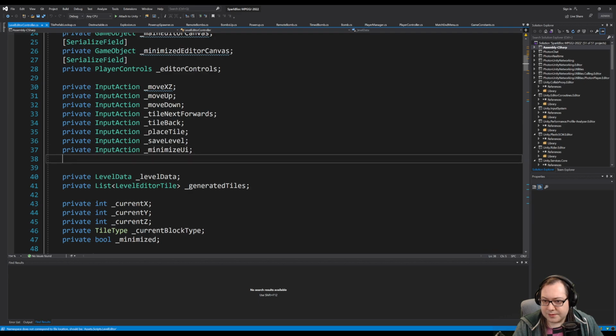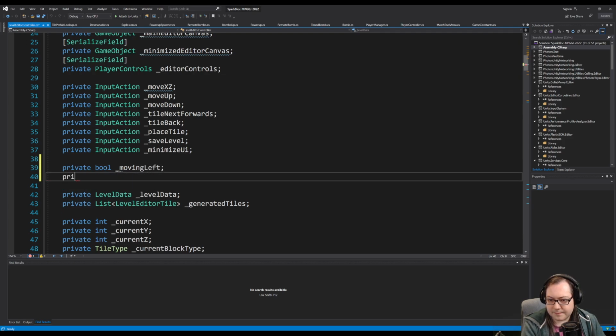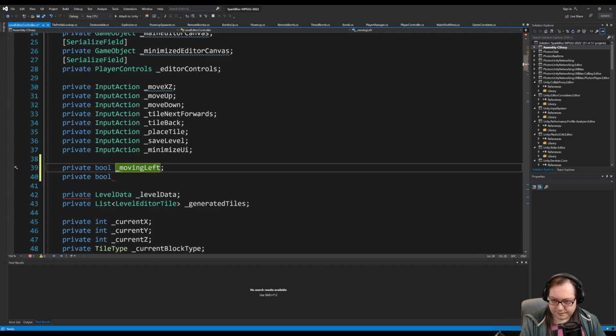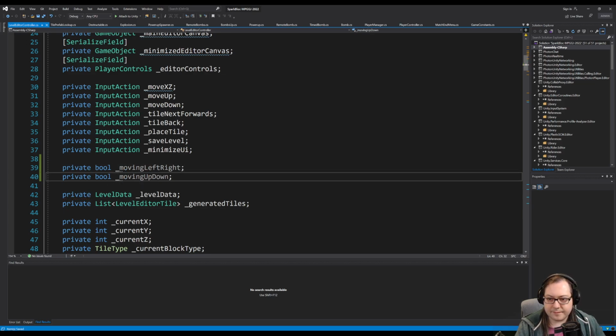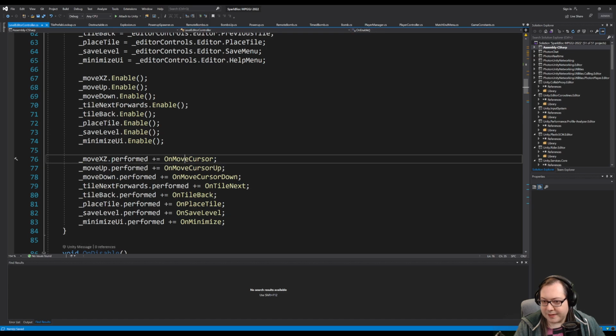What we can do is keep track of some booleans, and then in our on move xz,